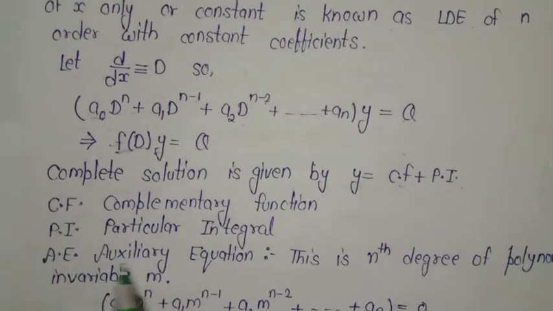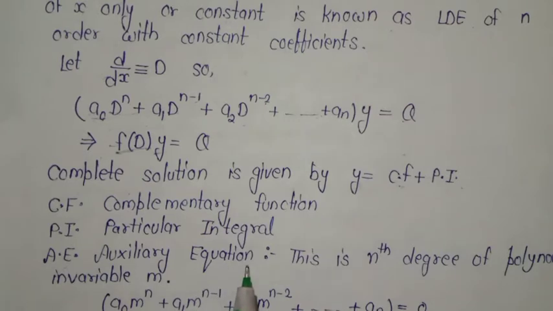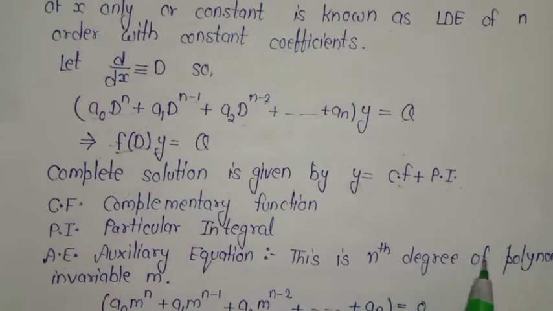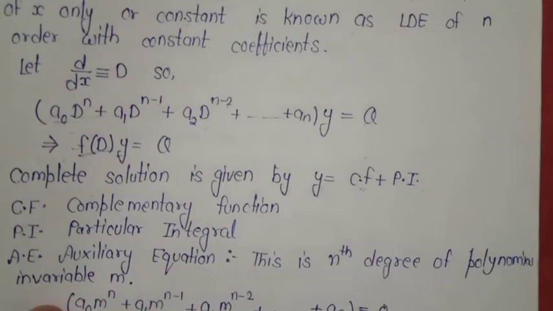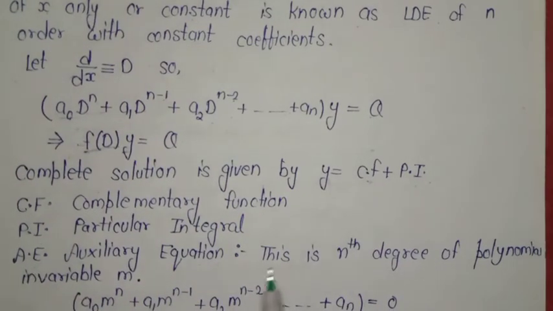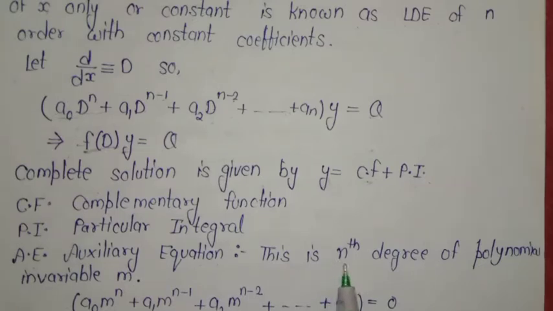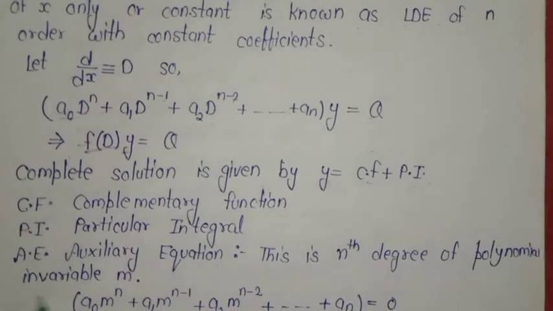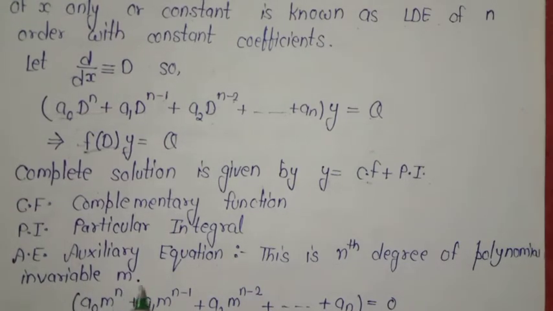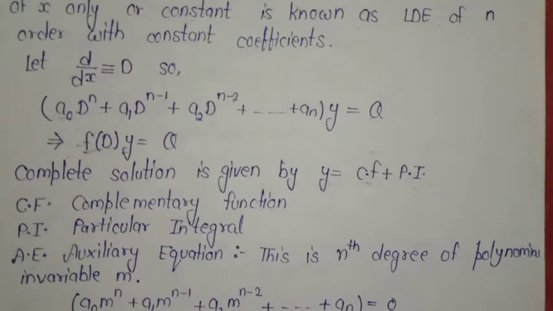Firstly I have to write the auxiliary equation for the given differential equation, and this is nothing but an nth degree polynomial. Why am I taking an nth degree polynomial? Because n is the highest degree of the given polynomial. I will write this polynomial in the variable m, since we put D is equal to m in each case, and then we find the polynomial in the variable m, solve it, and find the roots of that polynomial, and with those roots I will write the complementary function.